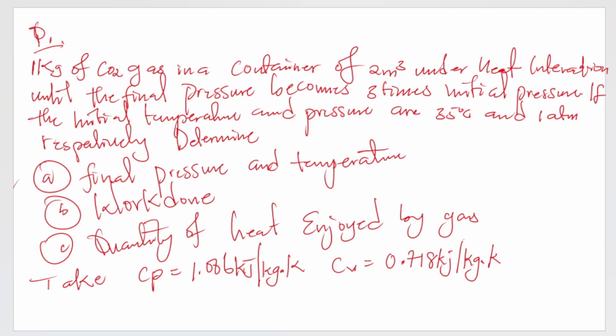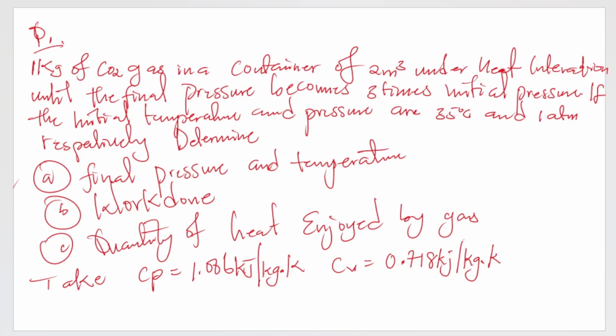Let's look at our first question here. Here we were actually given what? From our first question, we have that 1 kilogram of CO2 gas in a container of 2 meter cube under heat interaction until the final pressure becomes 3 times the initial pressure. If the initial temperature and pressure are 35 degrees Celsius and 1 atm respectively, determine the final pressure and temperature,